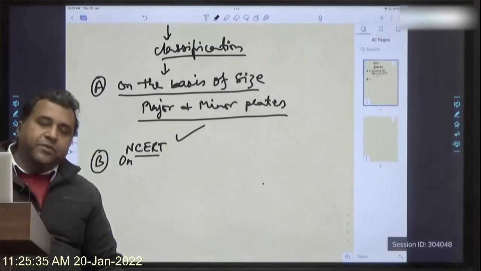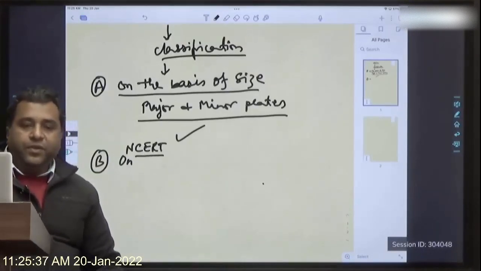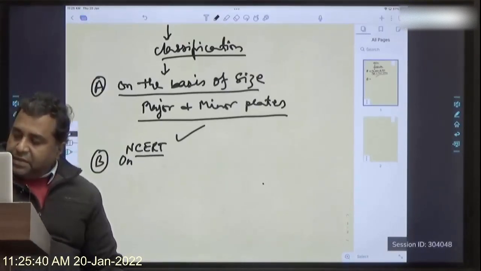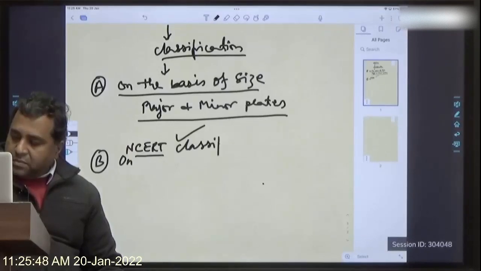I will give this because this is given in the NCERT. NCERT classification, on the basis of